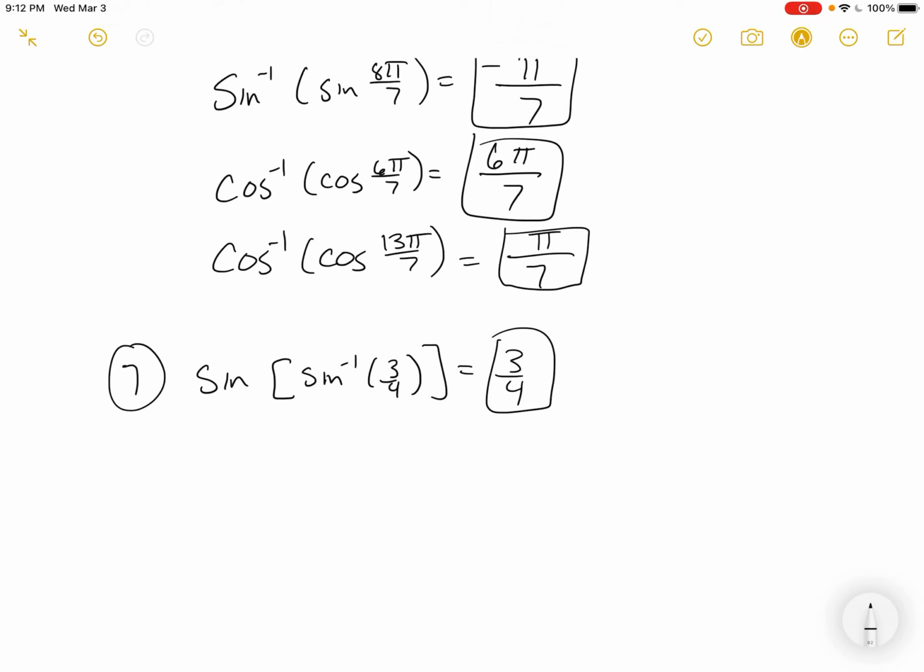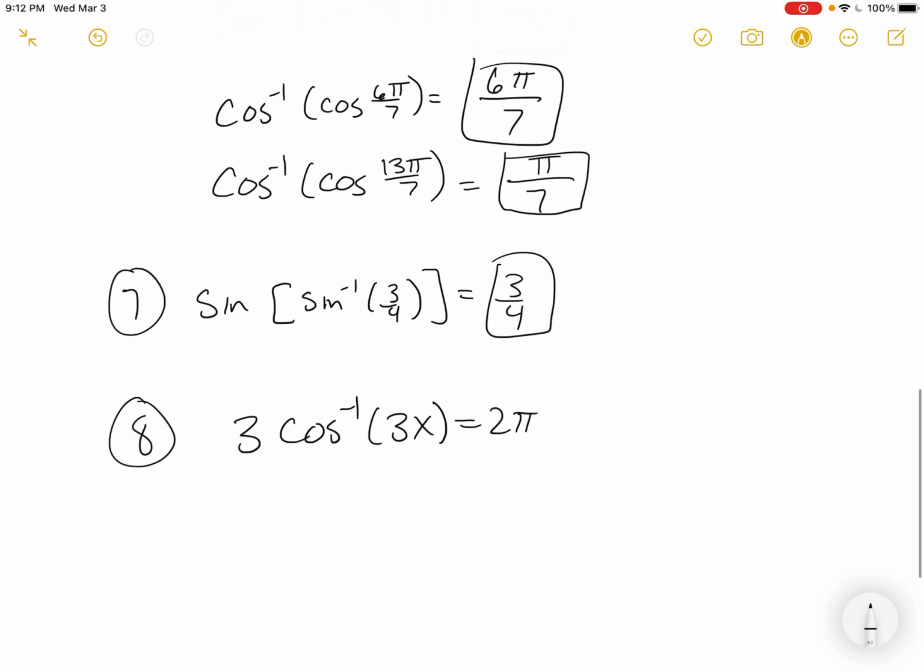Then I saw this one too, and I wanted to make sure you saw it. I felt like if I didn't do it, somebody was going to be like, Jensen, you didn't cover that. It's so hard because it looks different than anything else I've ever seen. It's not. Right? What do we have? Cosine inverse of 3x is equal to 2 pi over 3. Okay. And so we want to know,